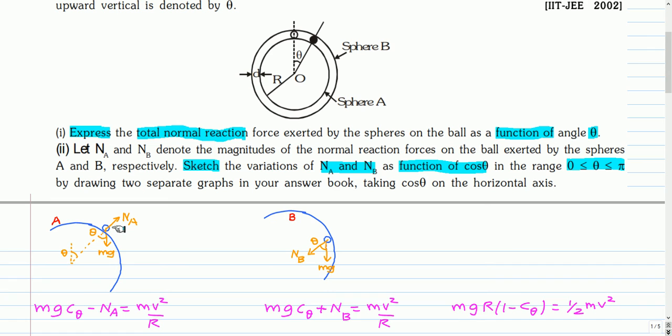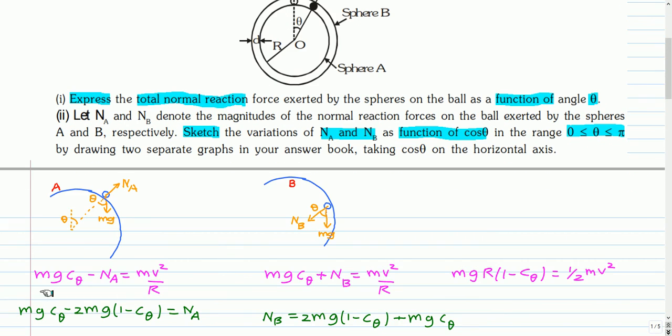The forces acting on the sphere are its weight mg and the normal reaction NA, which is outward. Only two forces are acting on the sphere, and when it touches the outer sphere, the weight is in the same direction, but the normal direction will be inward now. So writing the force equation along the radial direction, mg cos theta minus NA will be equal to mv square by r. Since it is moving from rest, it keeps acquiring velocity, and because of the velocity there will be a centrifugal force outside.